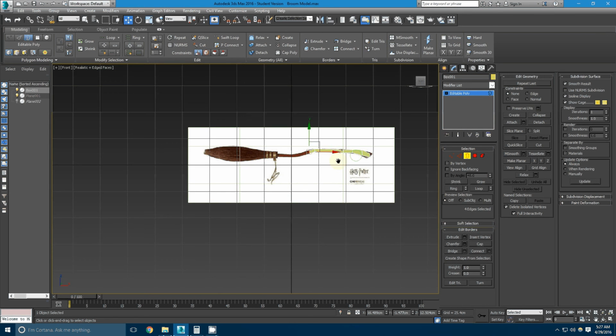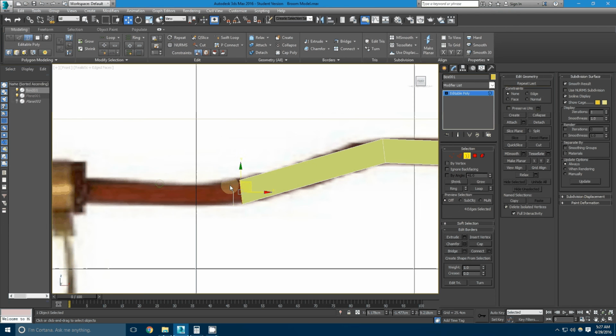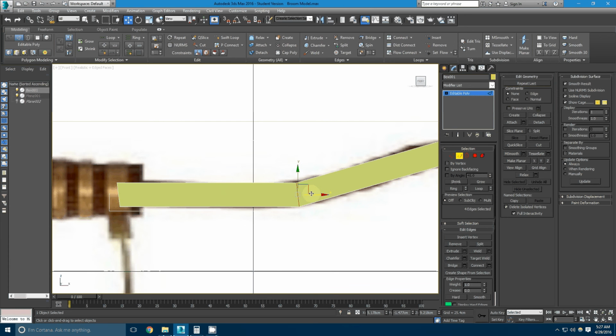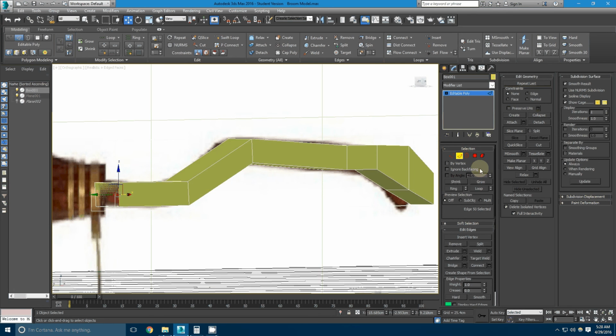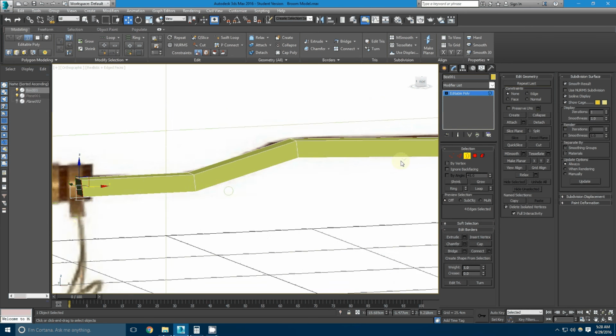Again, resetting it by going back to our front view, holding down shift, and we'll refine this later, but this should get us most of the way there. Okay, that looks good. And we're going to select this border at the end, and we're going to cap it off now. Okay, so we have a rough broom shape,